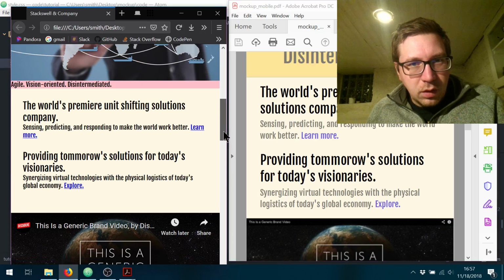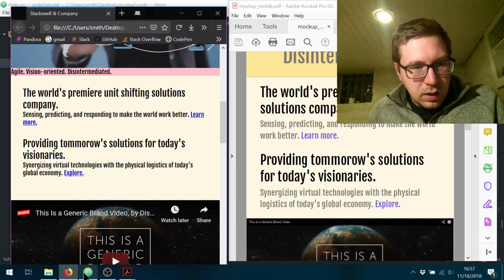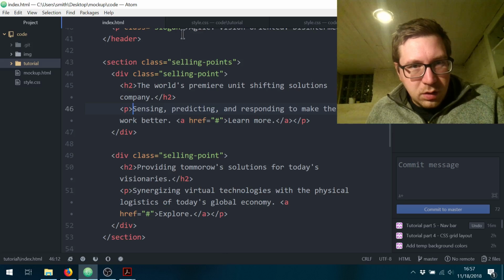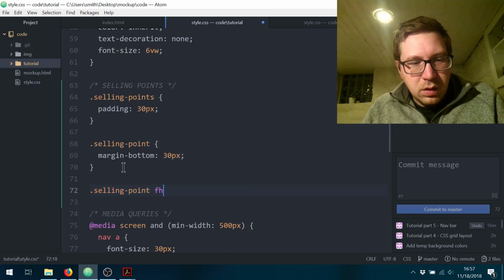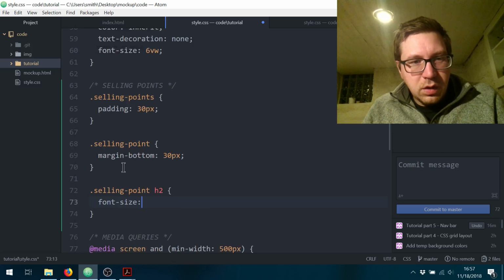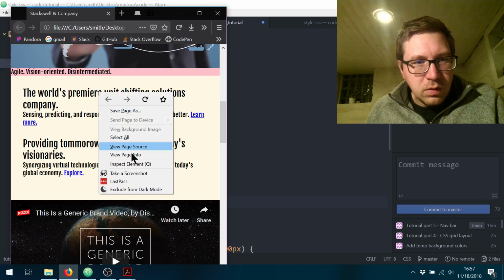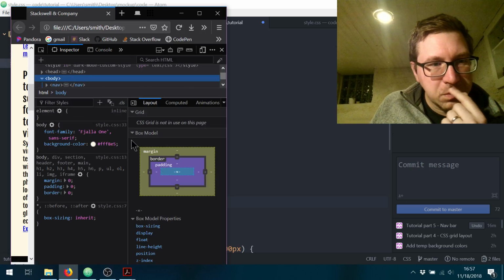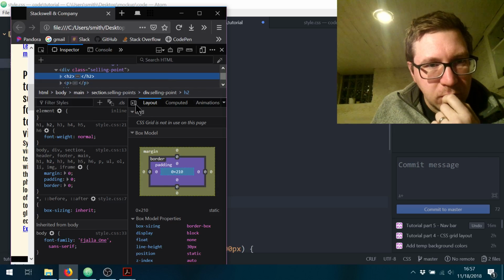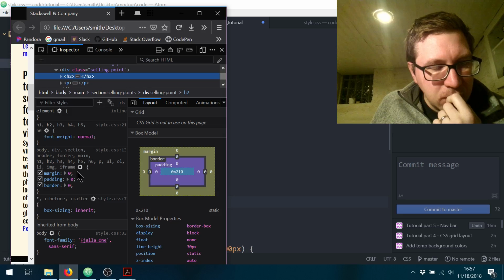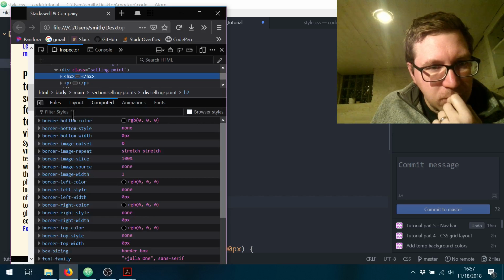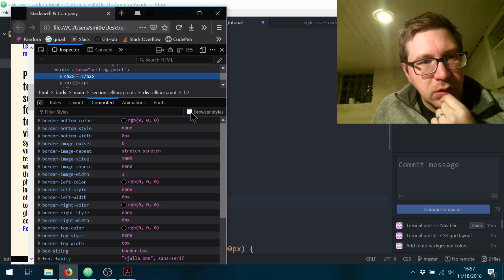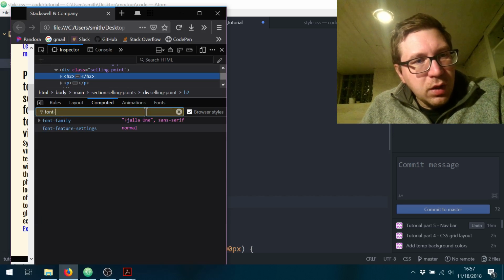So the heading text is bigger, so we'll select selling point H2, font size. See what the font size is right now. We can do that with our dev tools here. If you go to computed and then you check browser styles and then search for font size, it will show you